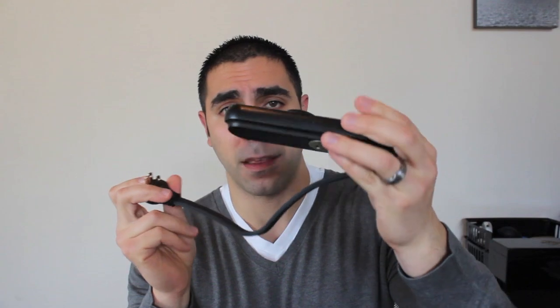Next up is an extension cord. I never leave home without this. I've had this for a few years now, and this is the Monster Outlet to Go 3 USB. That's the model, but they make a variation of these. You can also find several other companies that make these, and what's nice about this is that it folds up so that it's nice and compact. This is how big it is, but it gives you 2 plugs on one side, 1 plug on the other,